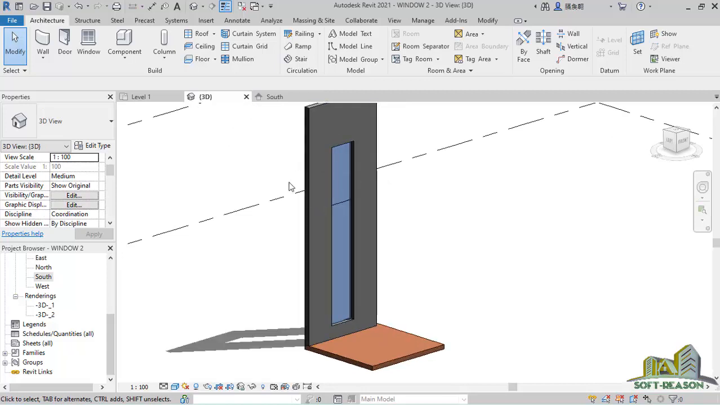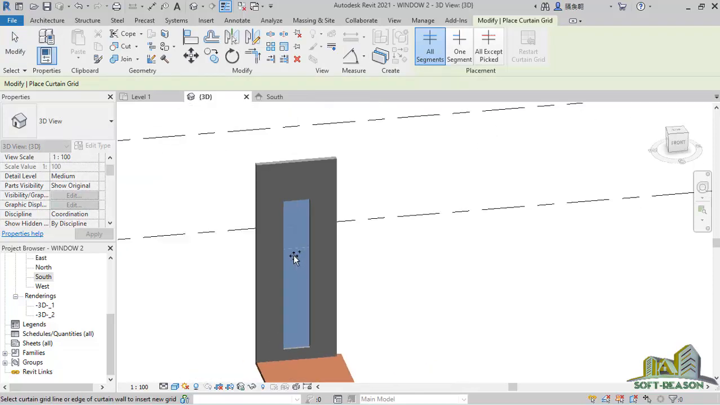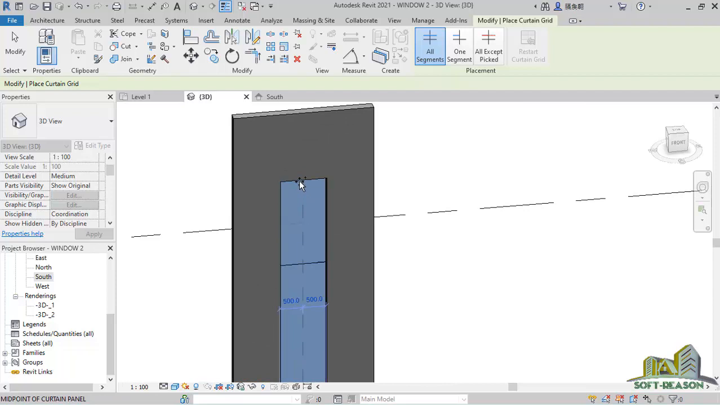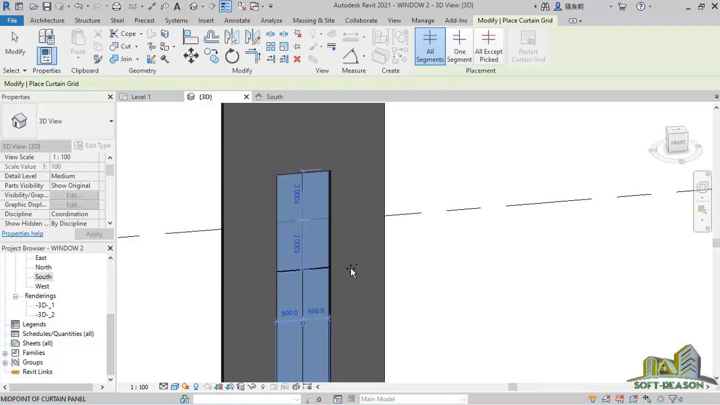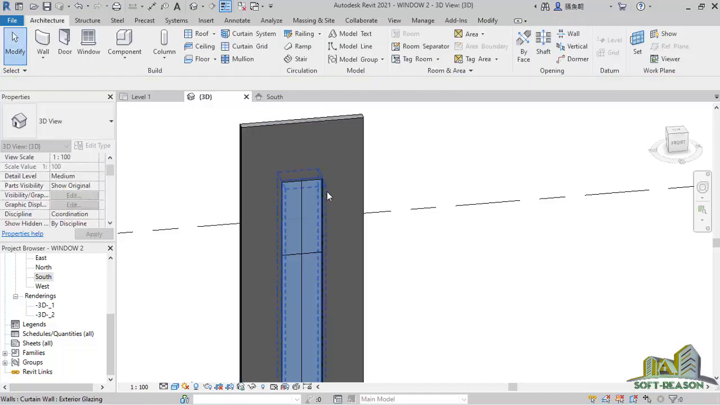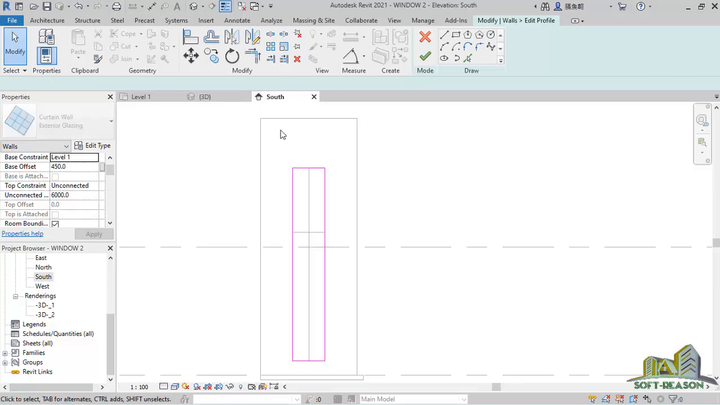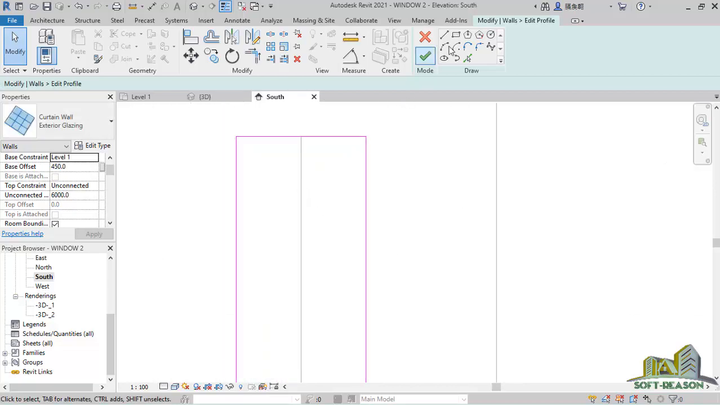Okay, then we'll be using mullions grids. This one, select this, you rotate it in a way that it is visible enough. Select the center point at first, but before then I would like us to edit this cutting wall. And so for us to do that, select this, select the cutting wall, click on edit profile, navigate to the south direction, and then we'll pick this one,